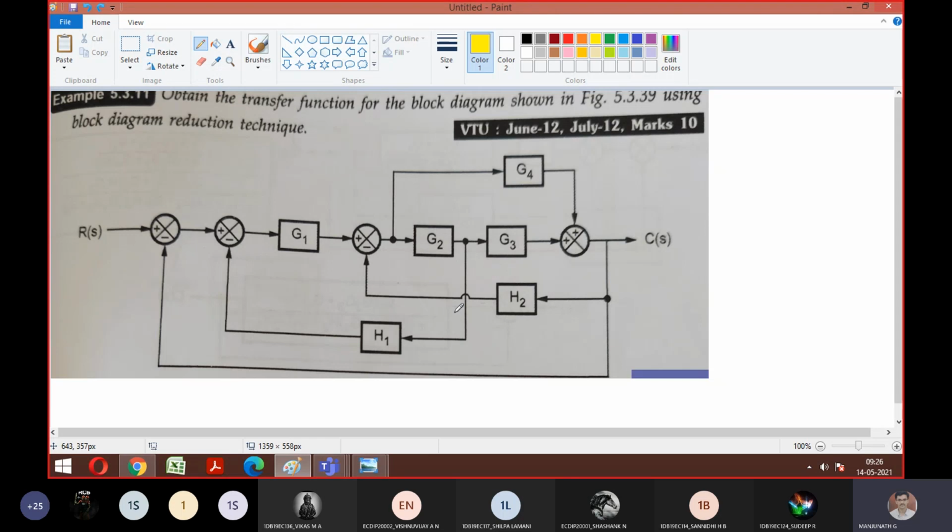Sir, move this branch to near G3. Which one? This one? The G4 branch? Yes, sir. Okay, good. So what your friend is telling is, this is your one branch point. If I move this branch point near G3, what is this rule called? Moving the breakaway point, or takeoff point, or pick-off point ahead. Correct?